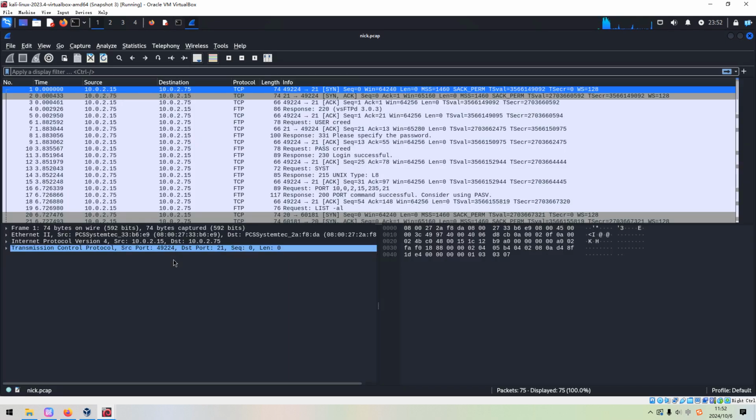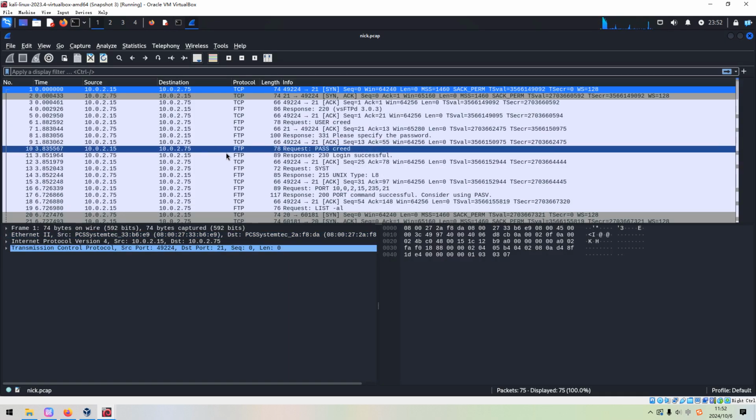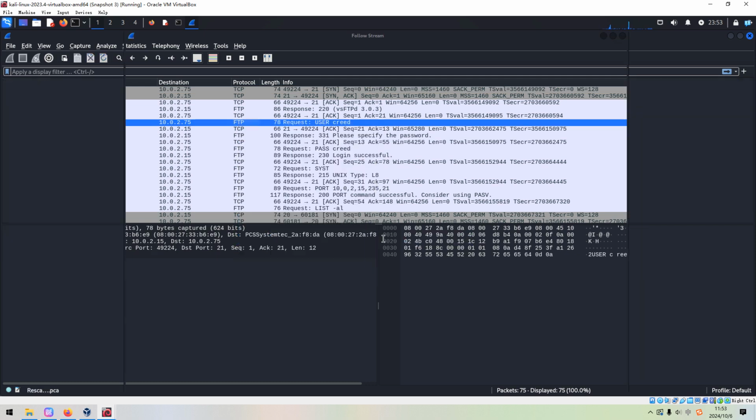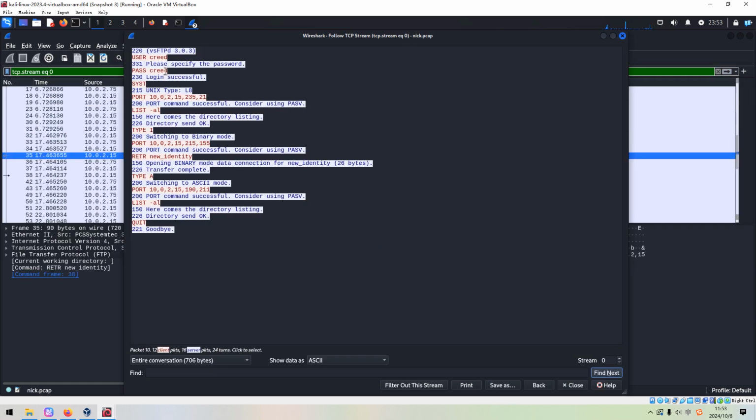Right, and yeah, very easy. This is the FTP application. So to analyze those packets easily, we can follow the TCP stream, and then we can get the username and password.